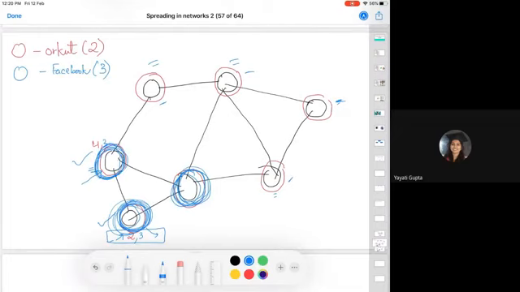And now you should see how this technology starts sweeping this entire population. In the next iteration, look at this person, 1 for Facebook, 1 for Orkut. Since the payoff for Facebook is better, he shifts. Now look at this node here. He has 2 friends using Facebook now and 2 friends using Orkut now. Payoff for Facebook is higher, shifts.